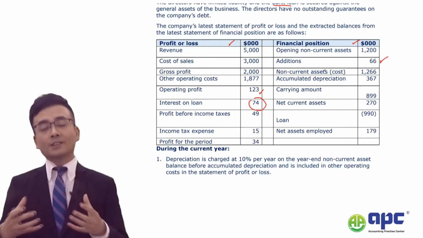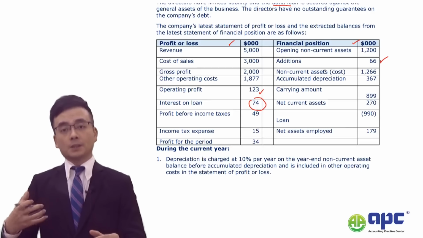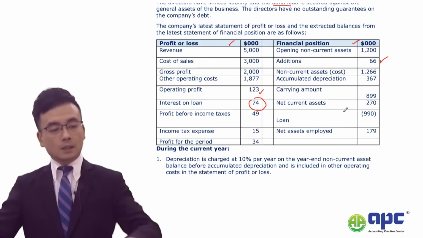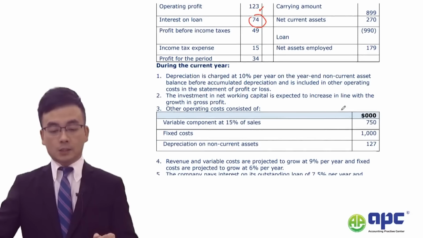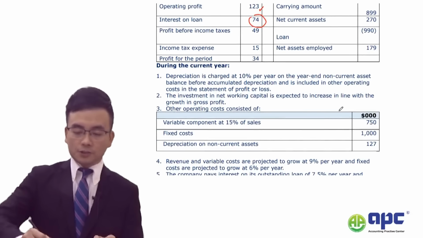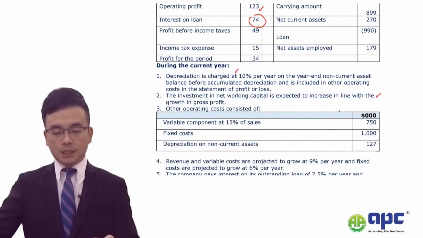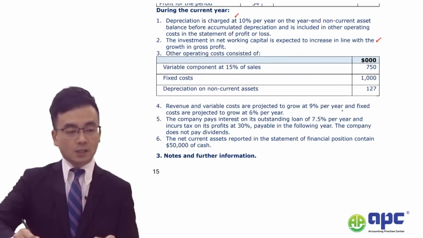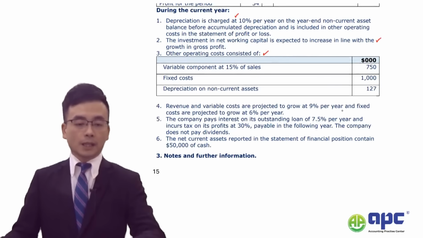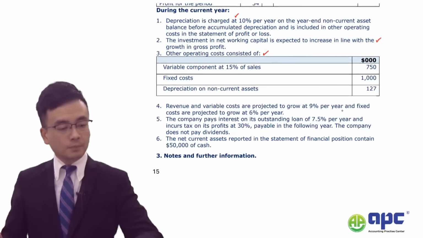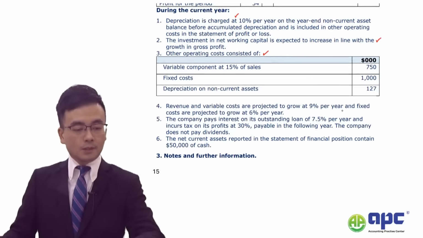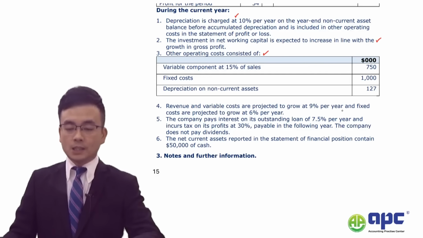So that stands for the additional investment made by the company. We also have got the depreciation charge and investment in working capital, and also the operating costs in there, okay, that we'll need to deal with in order to arrive at the operating